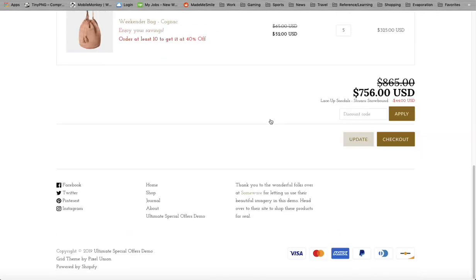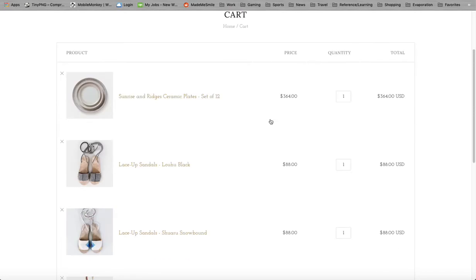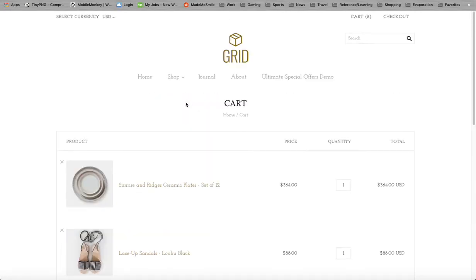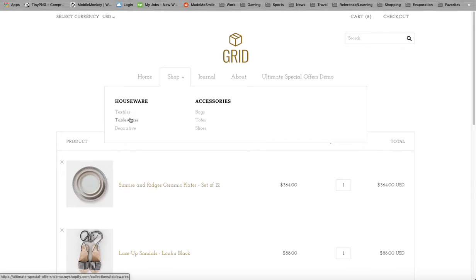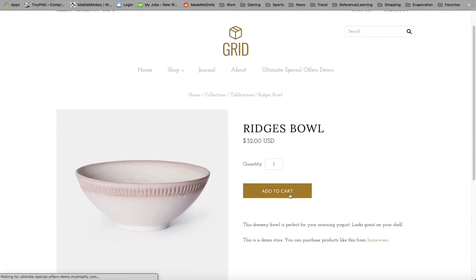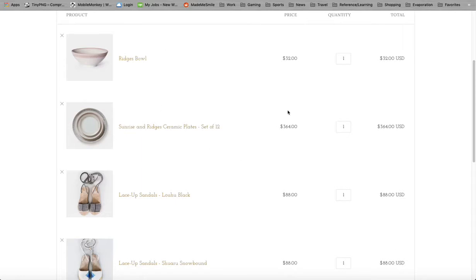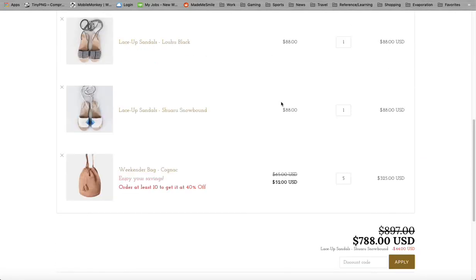Oh, wait, what's going on? Where's my pop-up? Where's my pop-up? Okay, so let's go back here to tableware. Let's get a bowl, go back to my bowl. Okay, let's add the bowl now. Okay, so I got the bowl. There's my pop-up, it's supposed to pop up for the